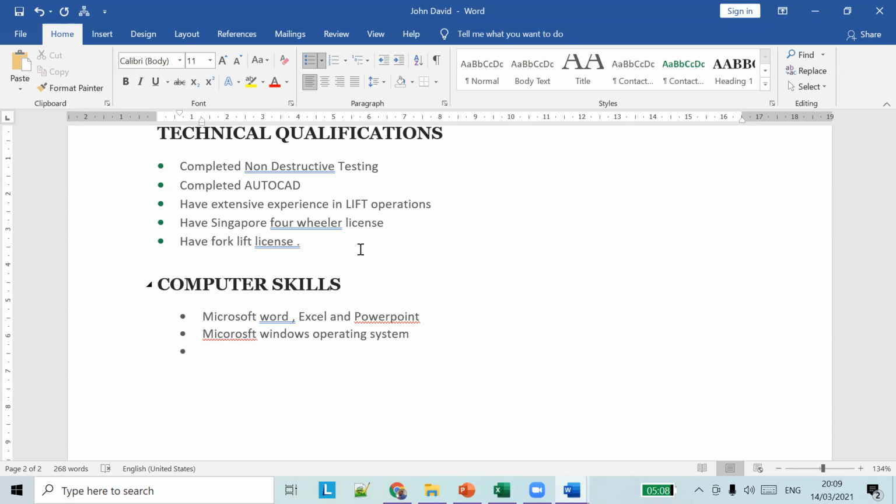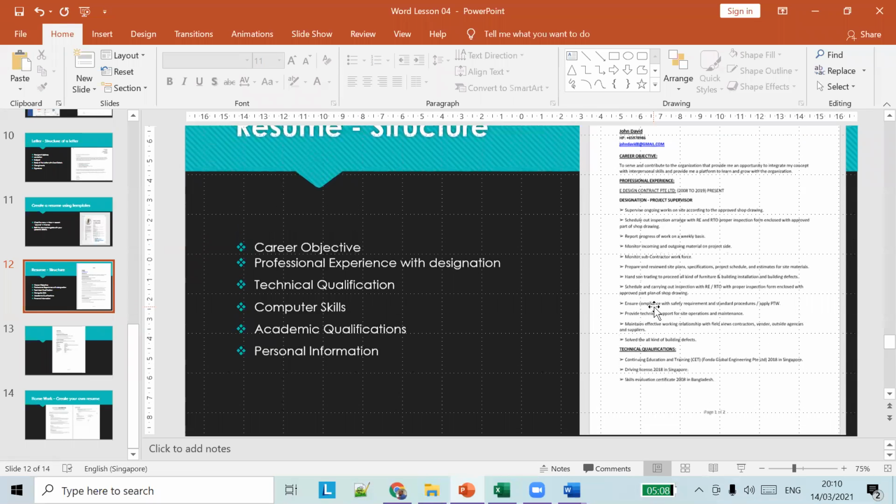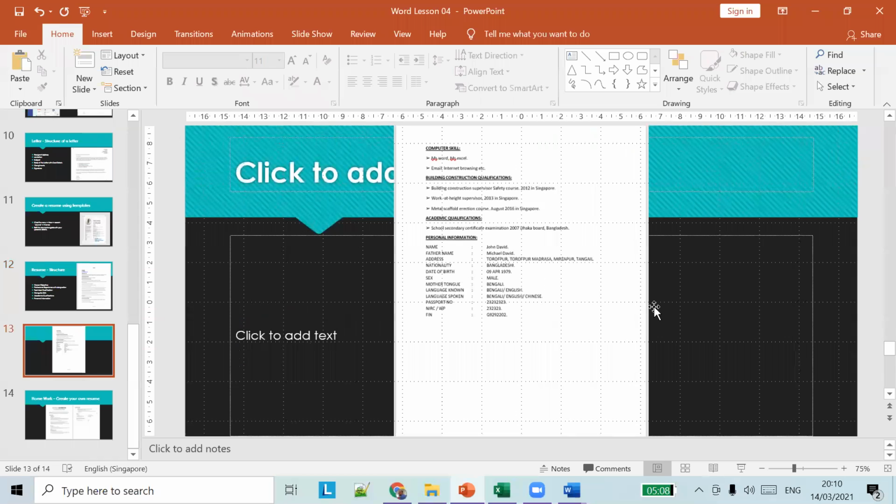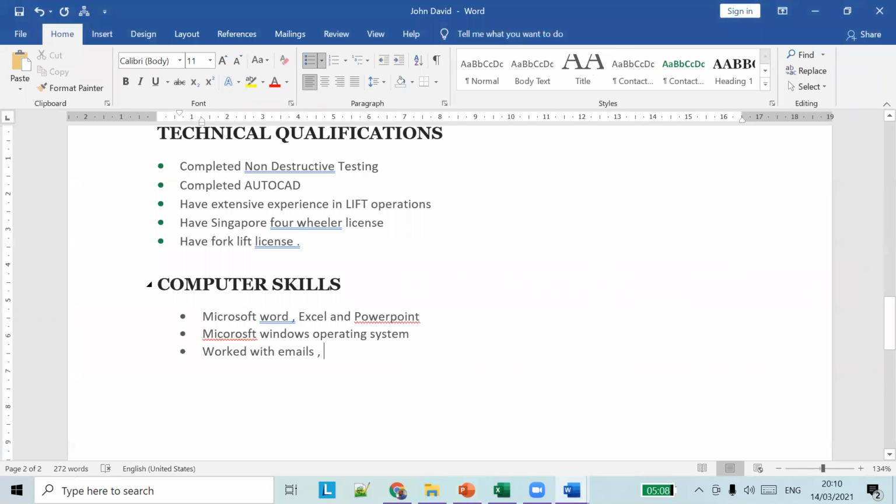So you can say work with the emails. What to say? So maybe work with internet emails, internet browsing. So all those things you can add in your resume. Okay. So this is your computer skills.